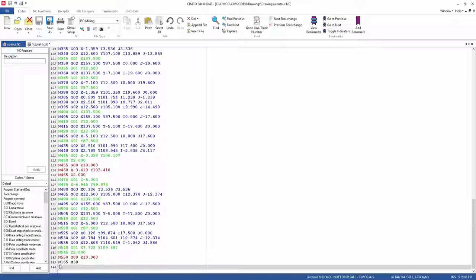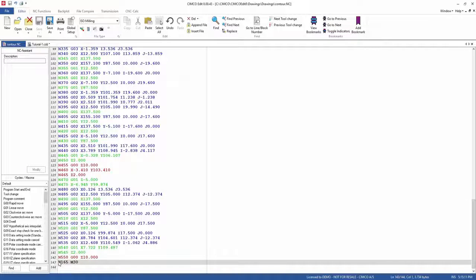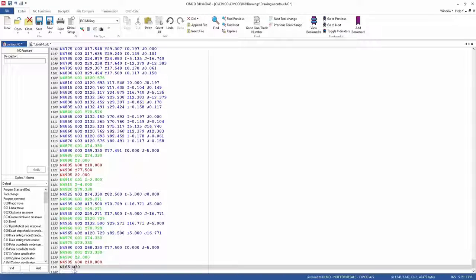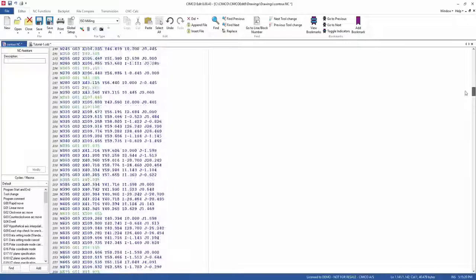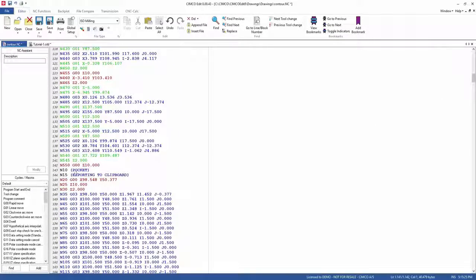Go back to our G-code window, and we're going to go to the end of the file and paste in the code using Ctrl-V. If we scroll back up, we'll be able to see our comment of pocket where the pocket toolpath starts. You could have used a search